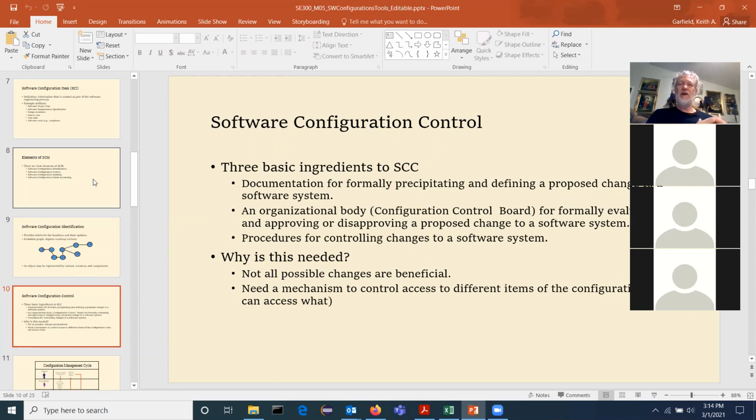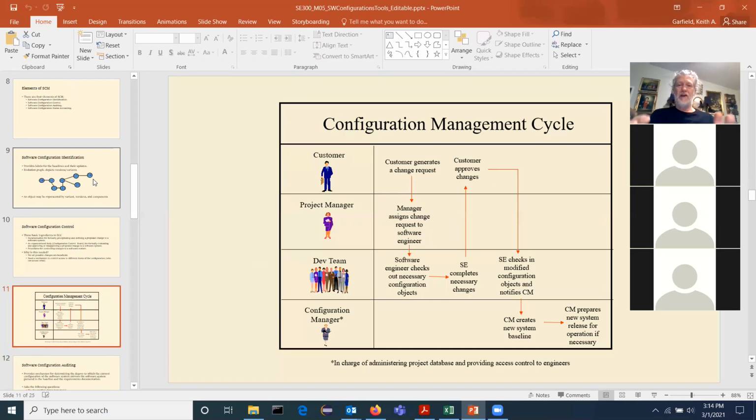And the problems that you have in software, particularly here, we're talking about configuration management, are problems inherent to the software building process, and I don't care what process you're going to use. So you have a mechanism for control. Now, in a larger system, you may have a formal mechanism. Some of you have worked in industry or on co-ops, and you may have heard terms like change orders.